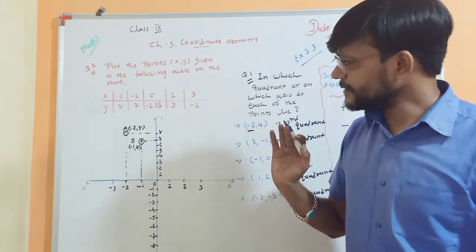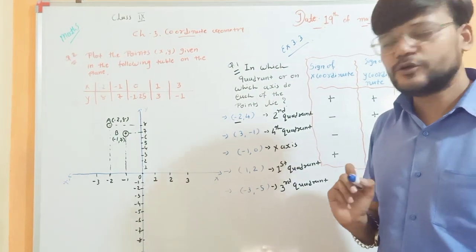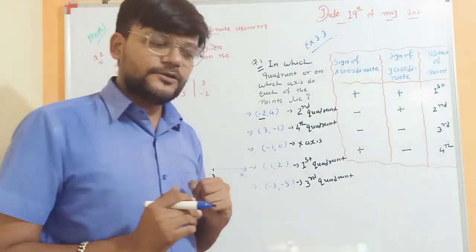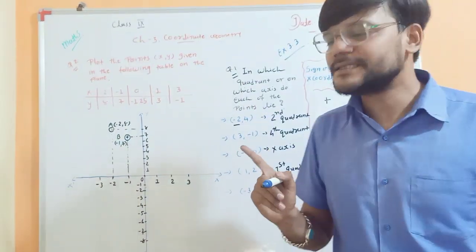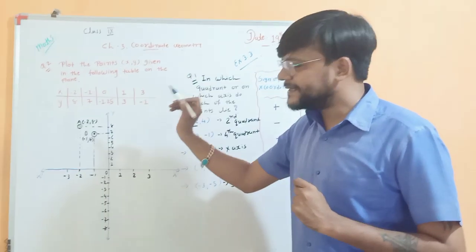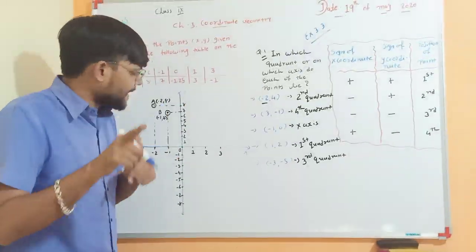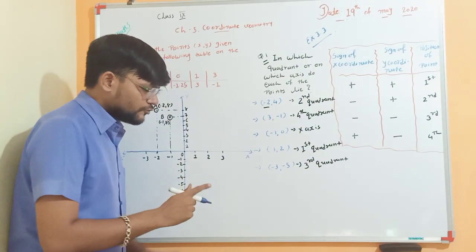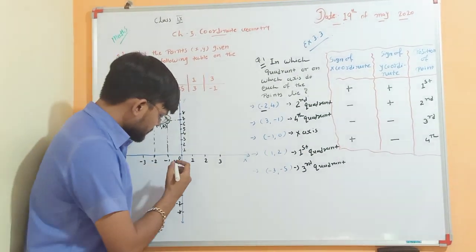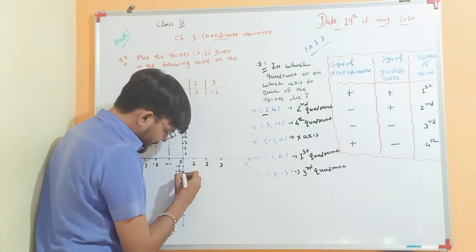-1.25. Now student, here you can see that this point has the x coordinate 0, and we know very well that if the x coordinate is 0, it must lie on the y axis, but where? -1.25. Now here the decimal point is given, and -1.25 lies between -1 and -2, and between -1 and -2 in the graph we have 10 lines, right? Each line represents 0.1, right? So -1.25 lies between -1 and -2.